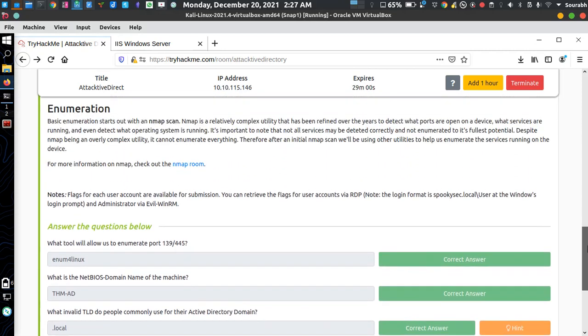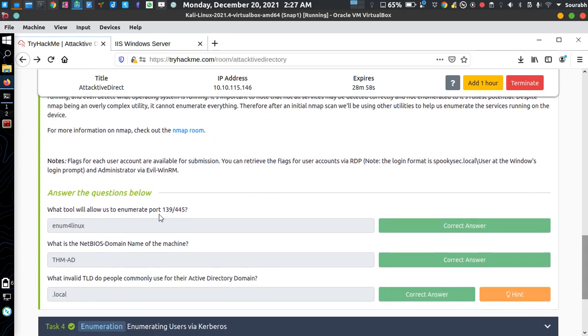Okay, so the first question: what tool do we use to enumerate ports 139 and 445? It is enum4linux. Let me show you how we can use enum4linux.